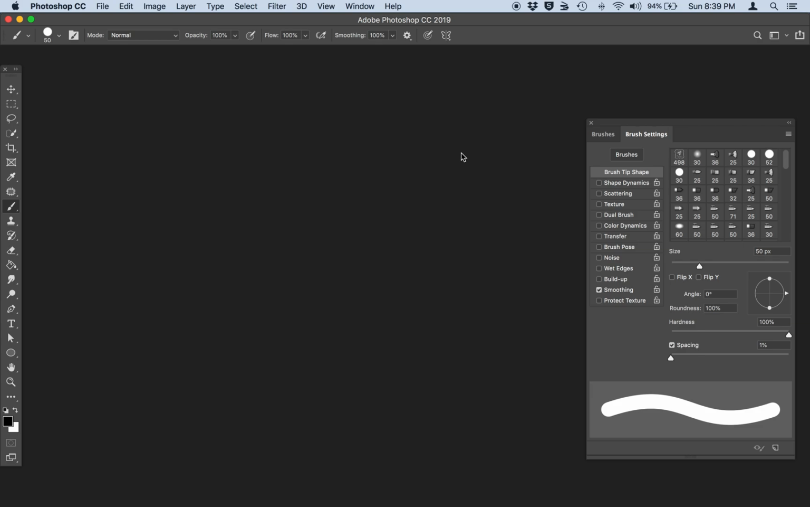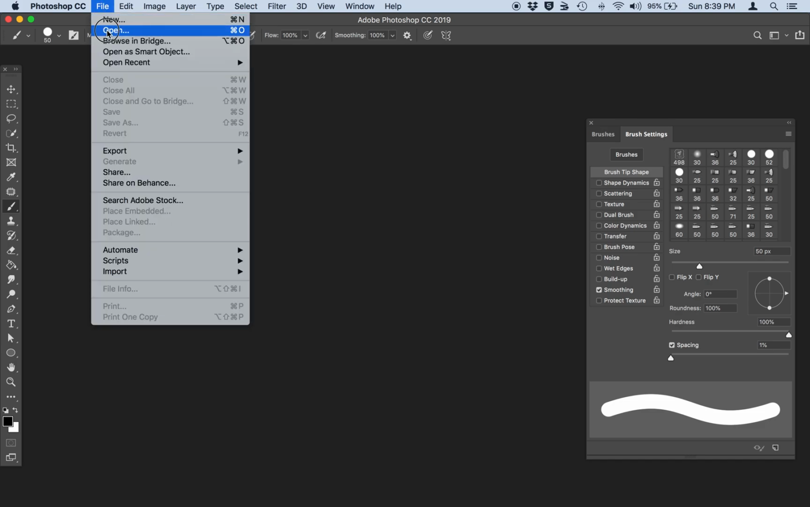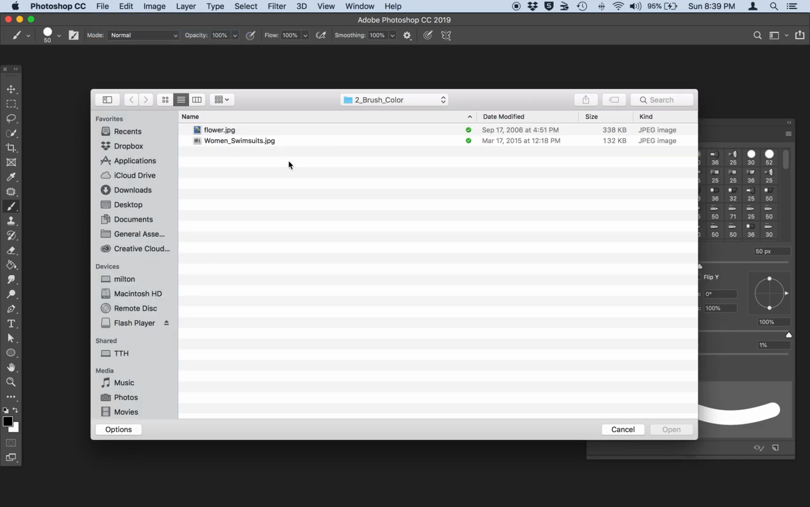Lesson 4, we're going to practice filling images with color and also using certain brushes to enhance images with color. So the first thing we're going to walk through is just a simple fill, but also using blending modes for the fill. So to start this portion of the lecture, go ahead and do a File, Open, and navigate to